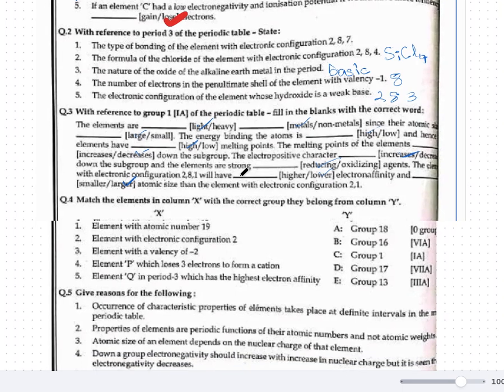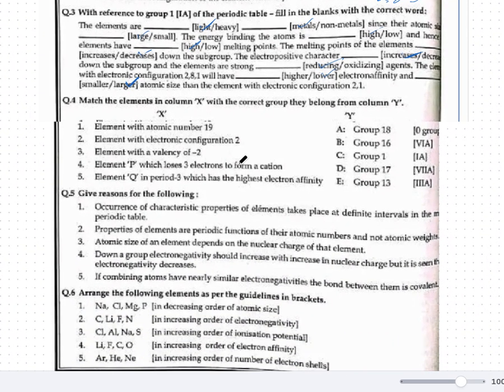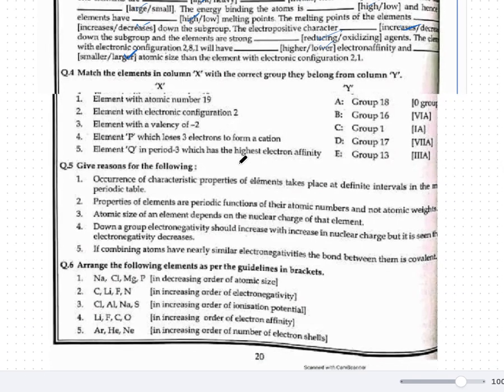Okay, let's come to question number 4. In question number 4, match the elements in column X with the correct group that belong to column Y. Elements with atomic number 19 is 2-8-8-1. Okay, so if the last orbit is having 1 electron,